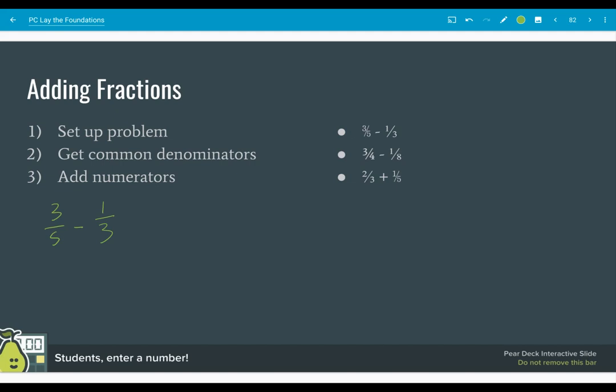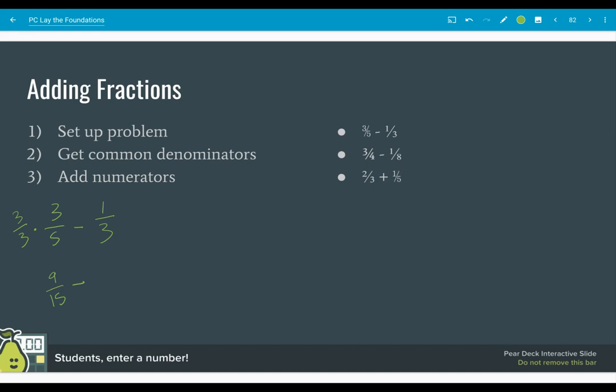So what do we have to multiply 5 by to get to 15? Well, we're going to multiply it by 3. So it's a fraction and we don't want to change it. So what we have to do is multiply it by 1. Okay, so that's going to be 9/15